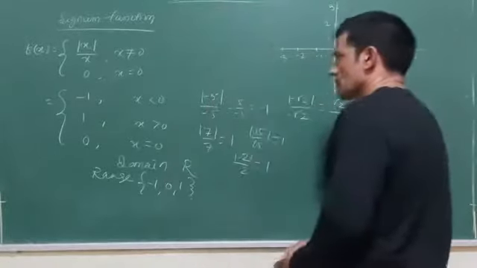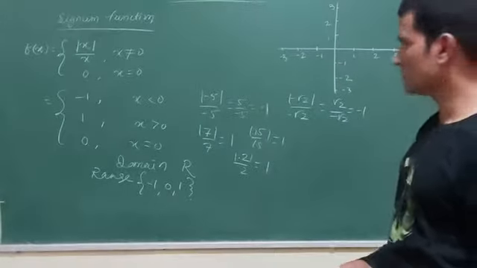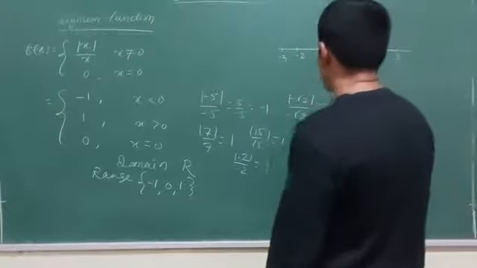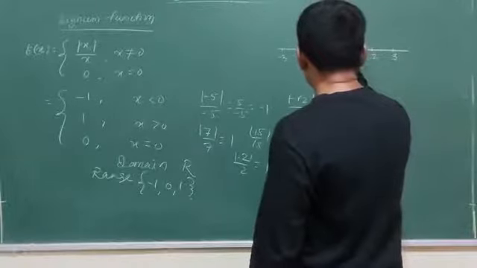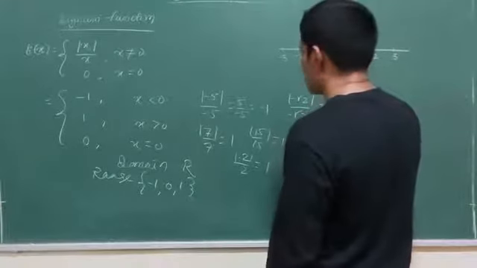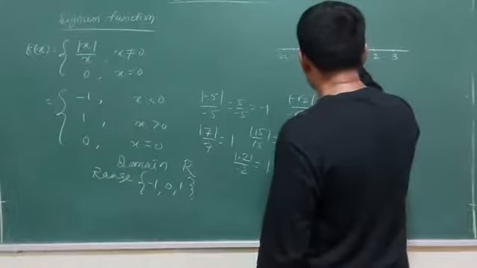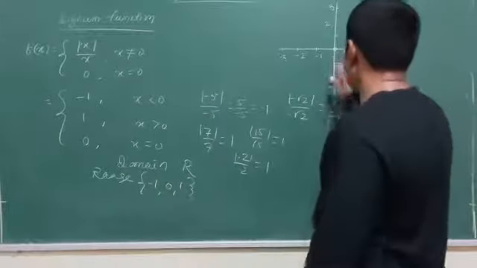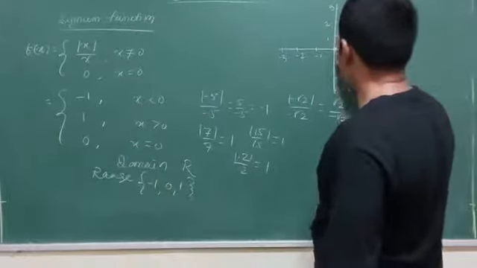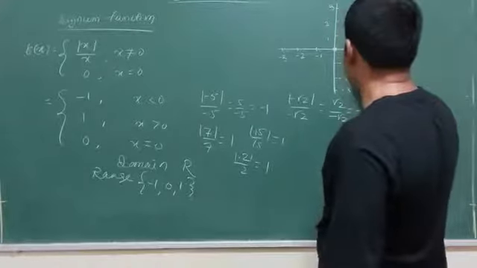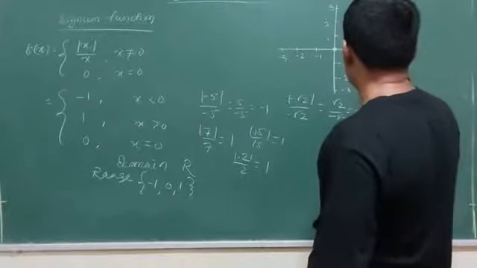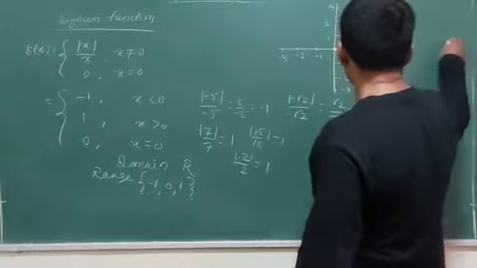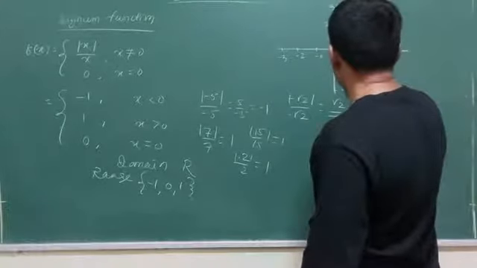Alright? If I take any value greater than 0, I am taking an open interval. That means I cannot take the value 0. If I take 0, I will get the value 0 because that is given to you. At the point 0 it is equal to 0. You take 0.1, the value is 1. 0.2, value is 1. 0.3, value is 1. 2.5, value is 1. 3, value is 1. 9, value is 1. So, open interval